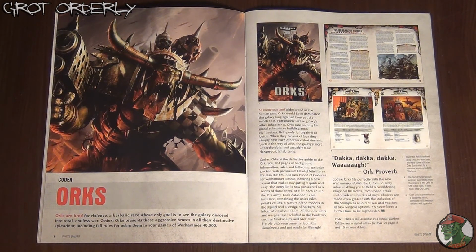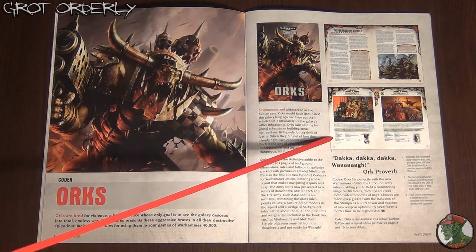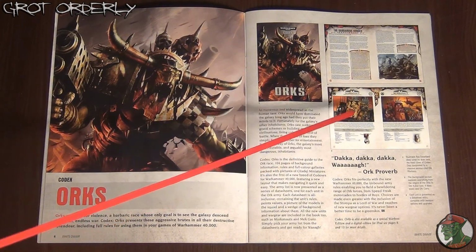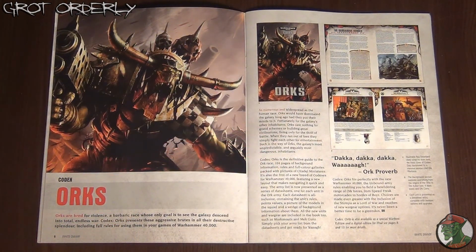up to date with the 7th edition now, and it's going to be the first codex that supports datasheets. So each unit is going to have a datasheet with all the information needed to field this unit, all the point values and all the statistics, a bit of fluff, background stories, and a picture of the model. So the book is going to be, as with all Games Workshop books, full color, 104 pages hardback, and from